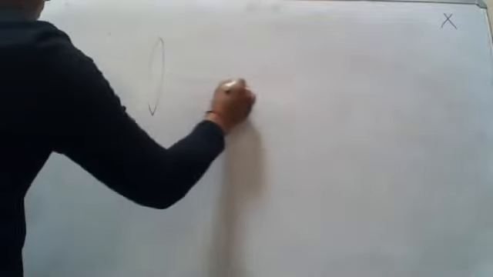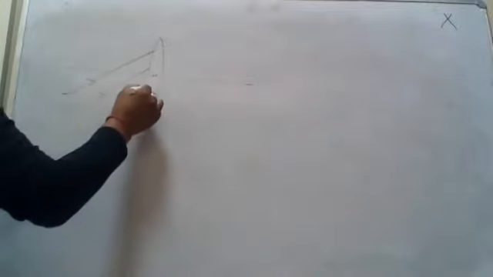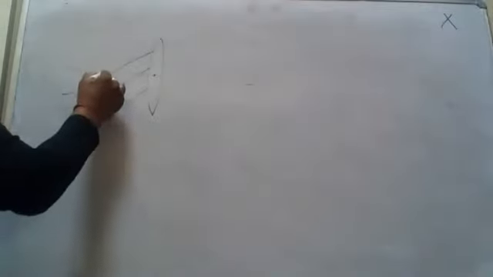So now let's see if we have oblique ray incidence in this case. This is the convex lens, okay, and this is the center of the lens, right? So suppose we have a parallel ray incidence at angle theta. Then can you tell where they will meet in this case?